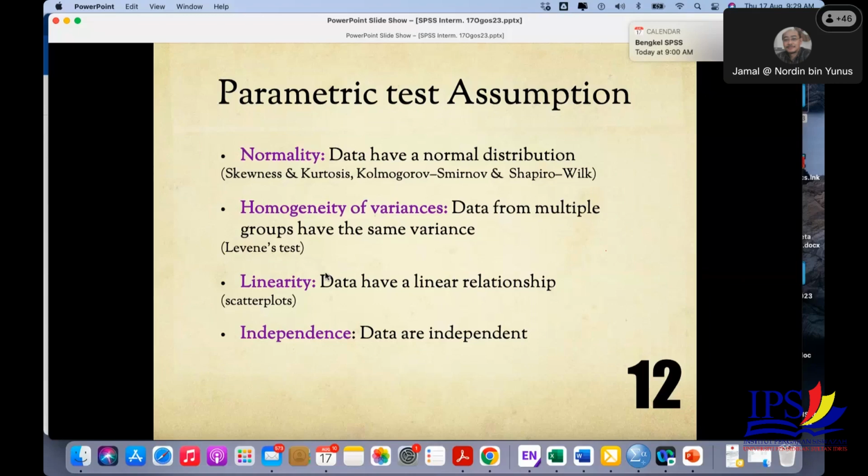First, your data should be normally distributed. So how do you check the normal distribution? Normally you will use skewness and kurtosis or Kolmogorov-Smirnov and Shapiro-Wilk. But normally I find students are more popular with skewness and kurtosis. Compared to using Kolmogorov-Smirnov and Shapiro-Wilk, it's okay, but you must give the